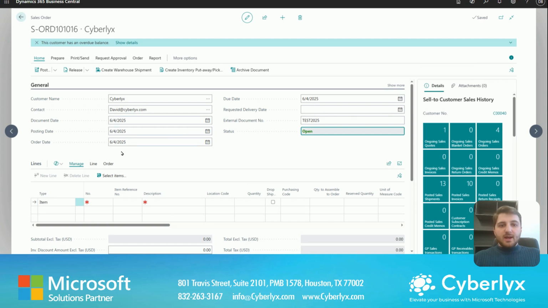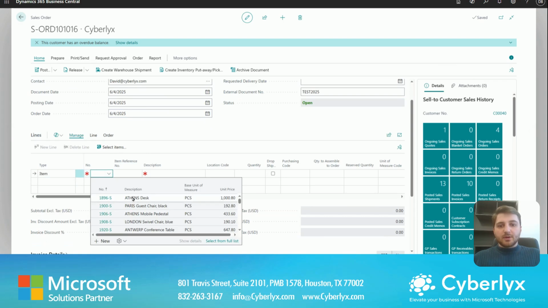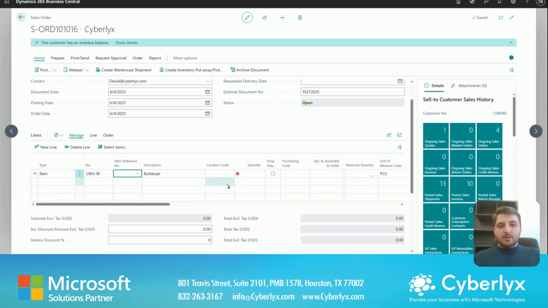Then I will choose the item. In this case, let it be bulldozer again. Let's fill the quantity and let it be 3. And mark it as drop shipment. Now this time, instead of going to purchase orders, I will use a smart search here